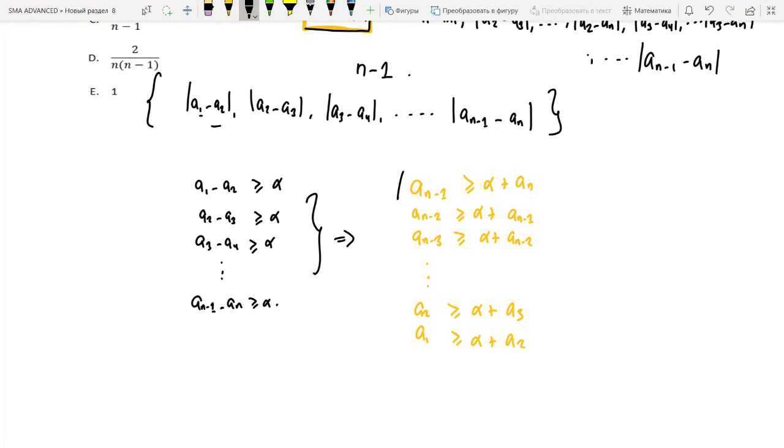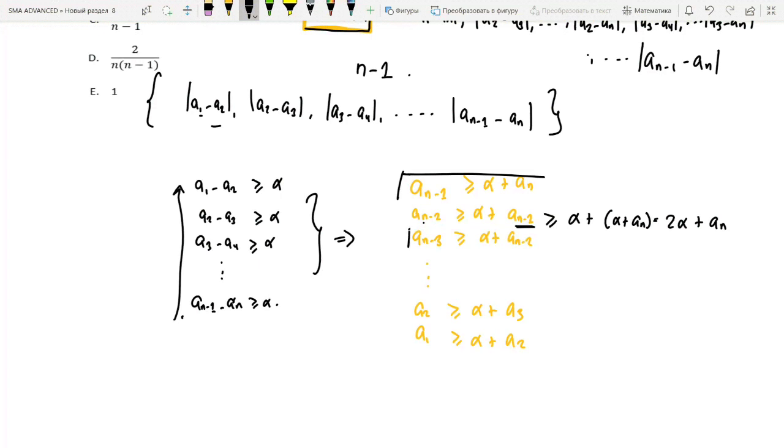So what I did here, I just started writing this inequality from down to top. In case you don't see how I got all these inequalities, I just carried these other terms of the sequence to the right-hand side of the inequality. So what we have in this first inequality is AN minus 1 is greater than equals alpha plus AN. Then second one, AN minus 2 is greater than equals alpha plus AN minus 1. So these are AN here. We can apply a chain of inequality here. So we get that this is greater than equals alpha plus AN. So that is what? 2 alpha plus AN. So AN minus 2 is greater than equals 2 alpha plus AN.